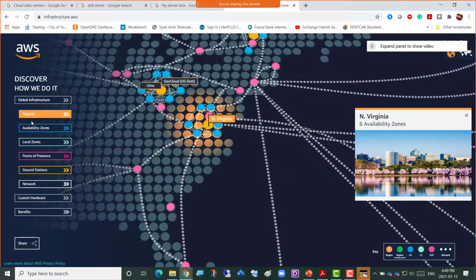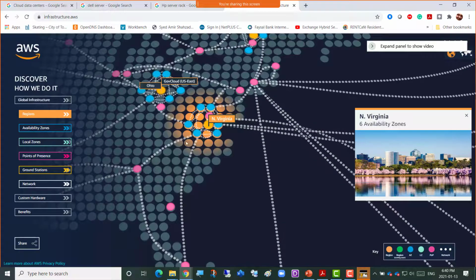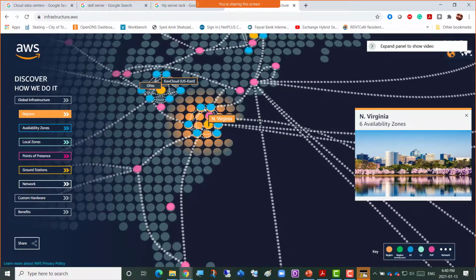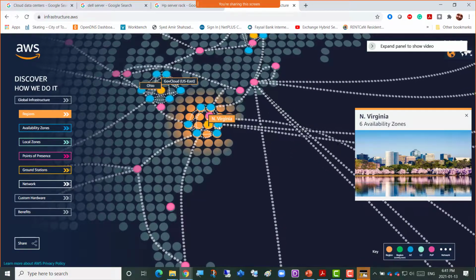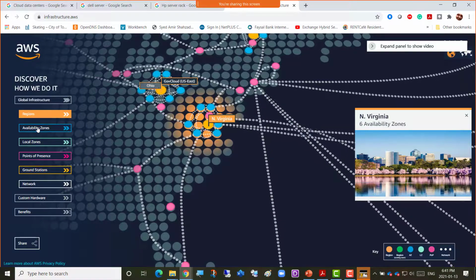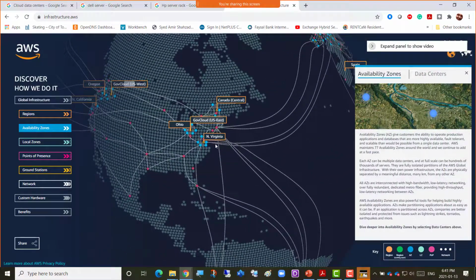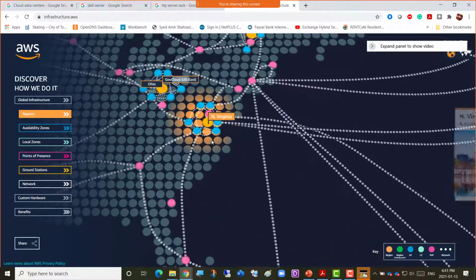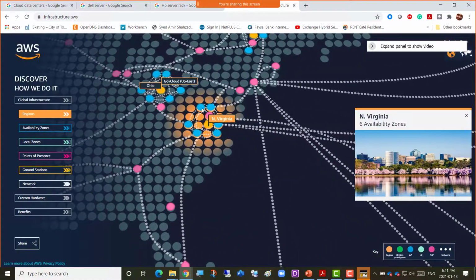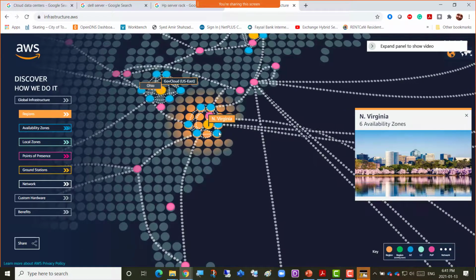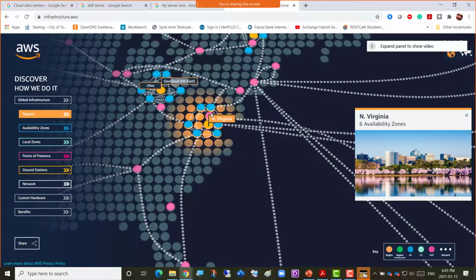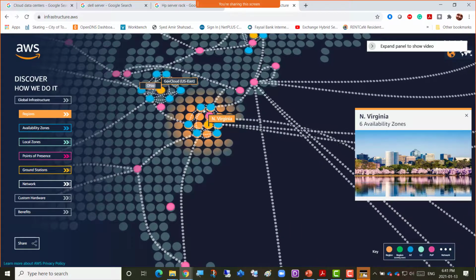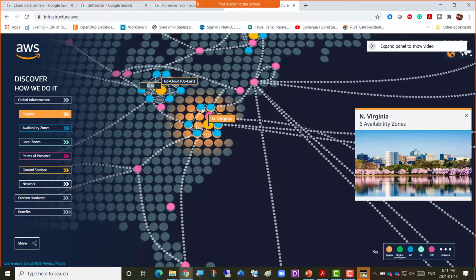What is an availability zone? First of all, what is the region? A larger physical area where there are availability zones. But what is an availability zone then? If I click on the left side here, availability zones, these are smaller physical areas. Suppose this blue circle here, and this blue circle, this blue circle, and the other one. Those are availability zones. What is that? An availability zone normally is a collection of 2 or more data centers, right?